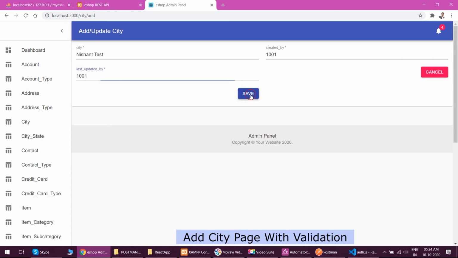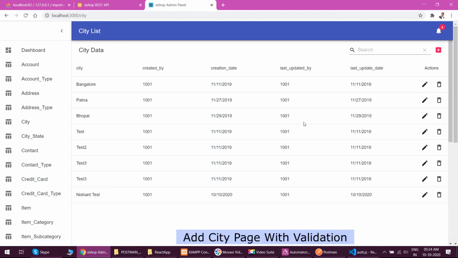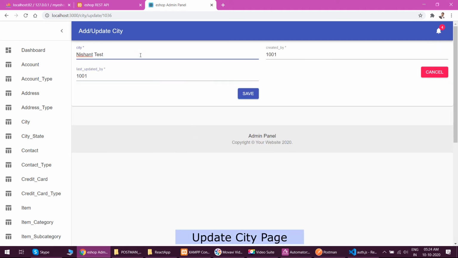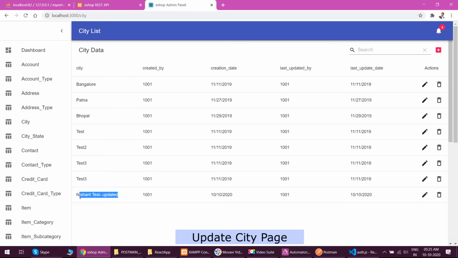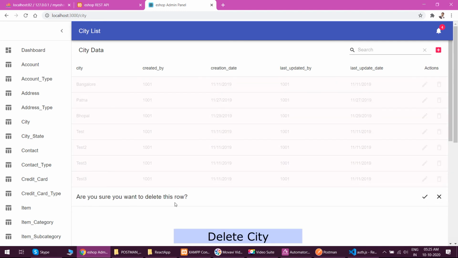So you can see there is a toaster created for the alert, and this is the data added. So we'll update that data and click on save again and return back, and then you can see the update is also working. So let's delete that newly created record. So delete is also working.